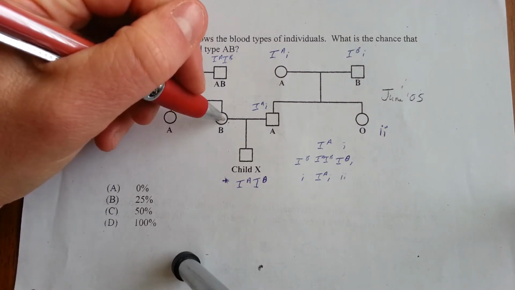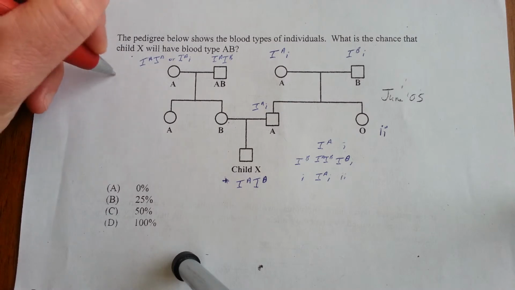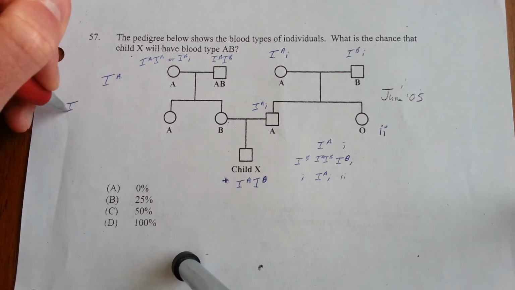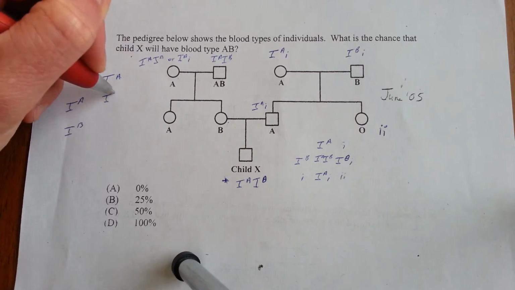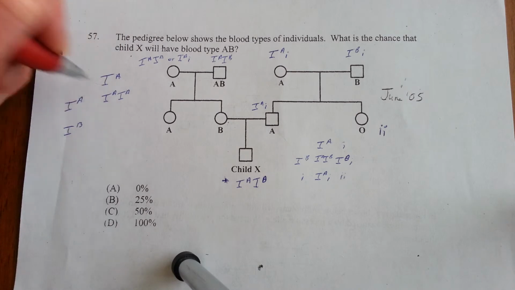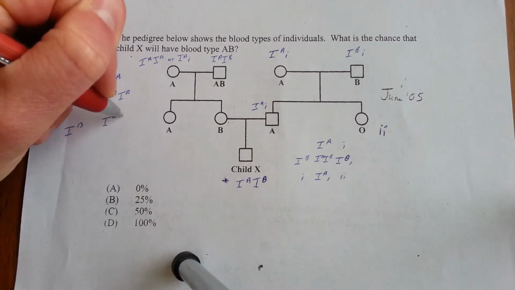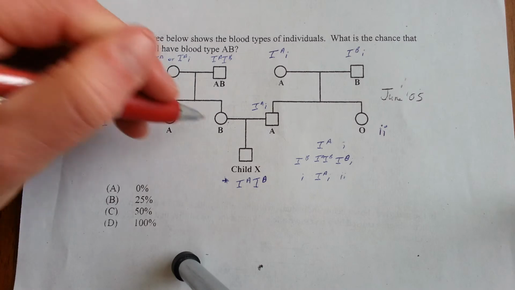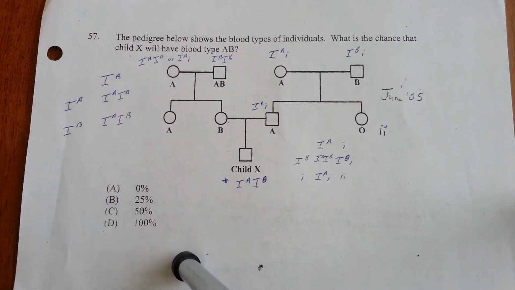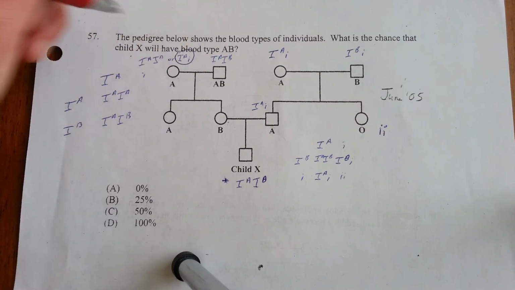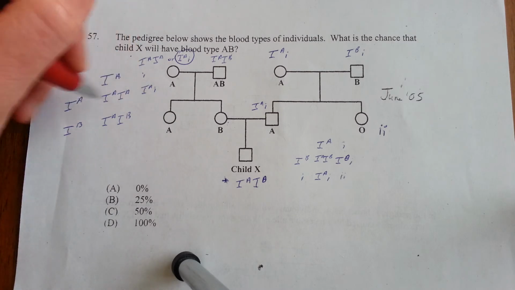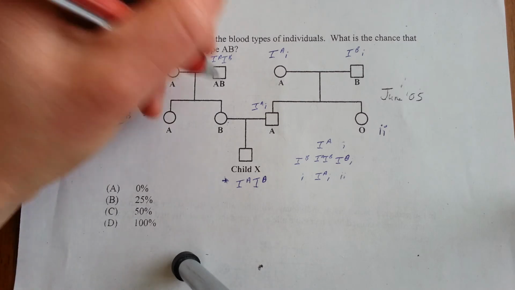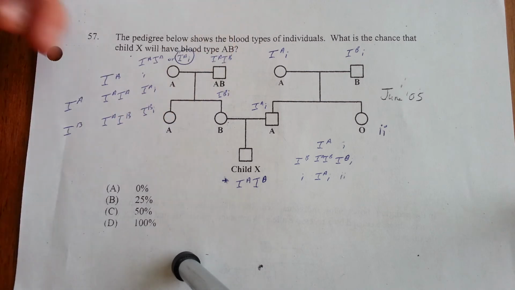But in order to have a B child, mom has to be heterozygous, and I'll show you why. If she was homozygous, then the only types of children she can have is homozygous for type A and type AB. And so because she has a daughter who's type B, she must also be heterozygous. So if she's heterozygous, that would make the child that she has, who's type B, also heterozygous, IBi, and then